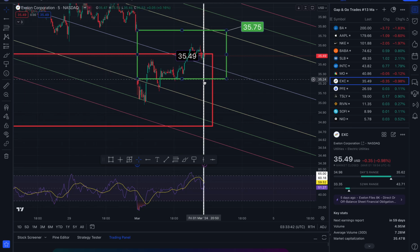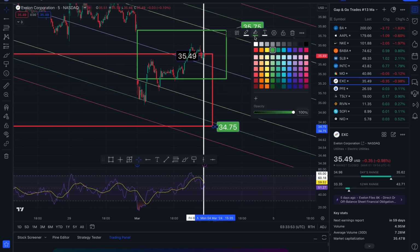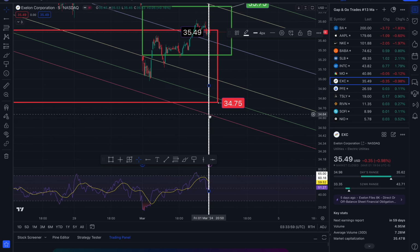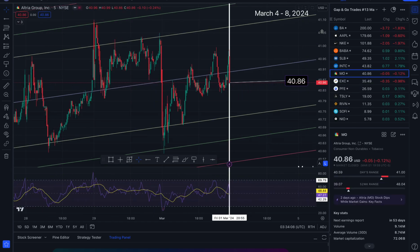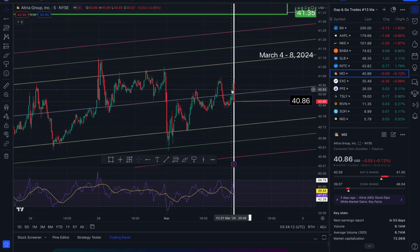35.40, 35.02, 34.83, and if I didn't say it already, 34.75. I should stop digressing so I can stay focused here. I'm not charting individual stocks where I have time to go through all of it. 34.64. I'm trying to get through this and not make this a drawn out video because nobody wants to watch a long drawn out boring video. All right, to the north side,